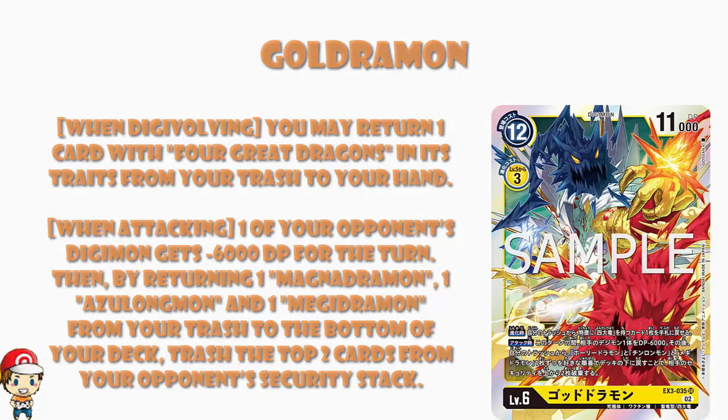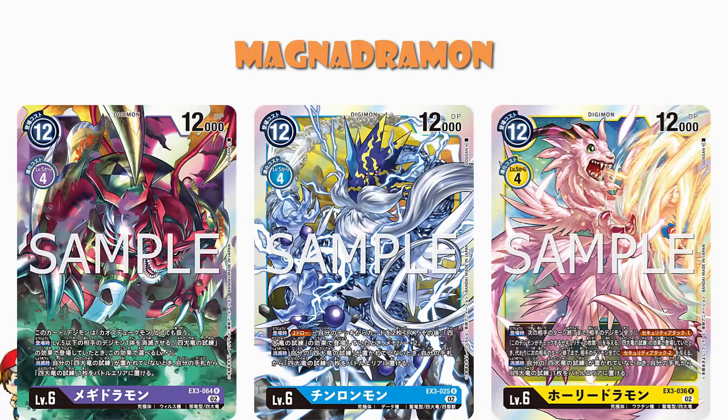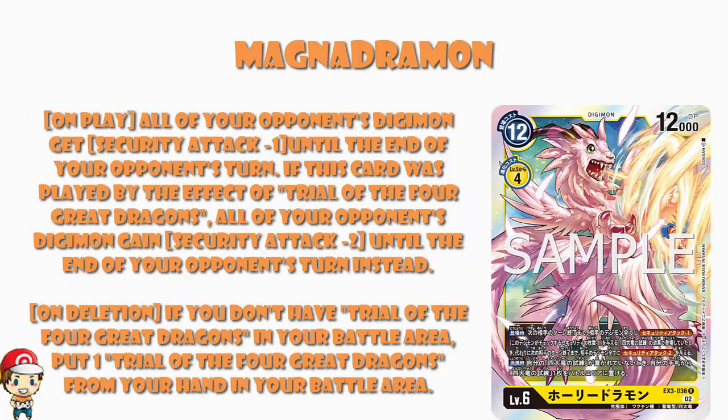Now, we've also got Magnadramon here. 12 cost to play normally, 4 cost to Digivolve, 12,000 power. And this is going to share a lot of traits with the Agumon and the Magnadramon. It's got the exact same set of stats. And it's got that same deletion skill: if you don't have Trial of the 4 Great Dragons in your battle area, put one Trial of the Four Great Dragons from your hand into your battle area. And it says put, not play, so I'm fairly sure that means you don't have to pay for it. You just have to have it in your hand, which is not an ideal situation. That's not always going to be particularly easy. But when it works...